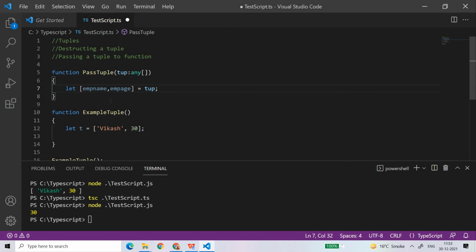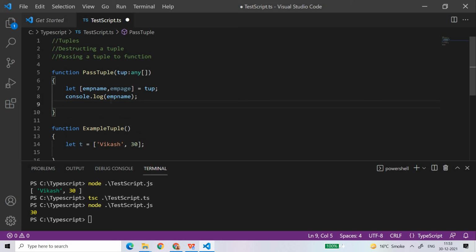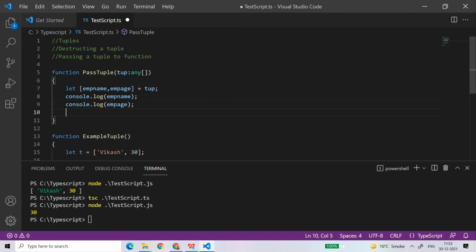It will come in the tup tuple. So now I will print like console.log emp name and then console.log emp age. So let's see what happens now.